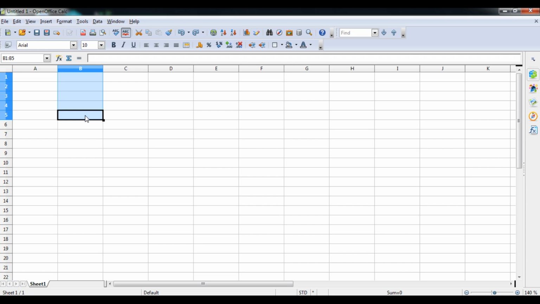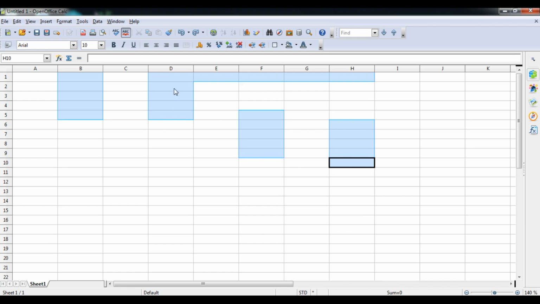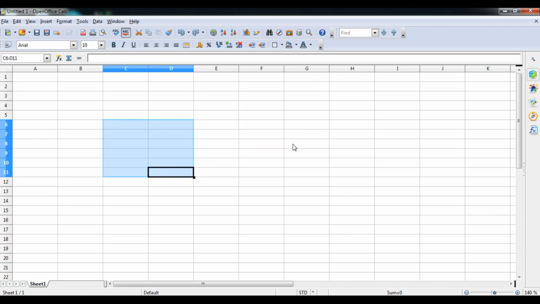Once again, student, how to select a scattered cell range. First of all, select a cell range as usual, then click the Ctrl button and select another cell range. It's up to you where you want to select, and release the Ctrl button at last. It means you have selected a scattered cell range, student. It can be a mix of rows and columns also.